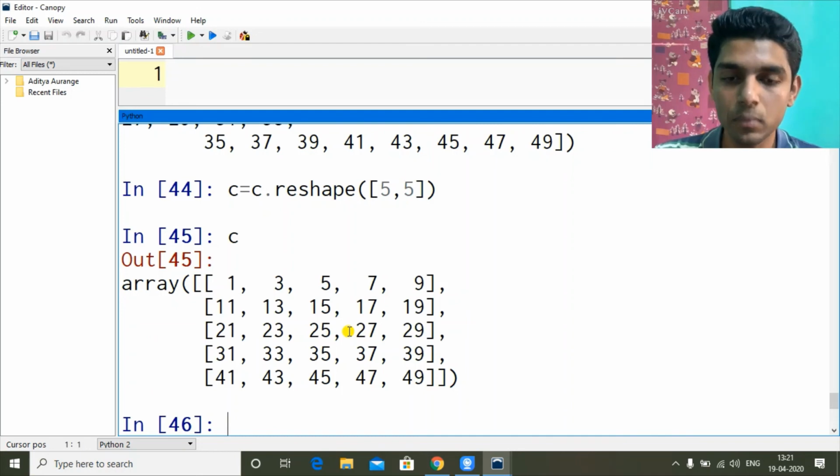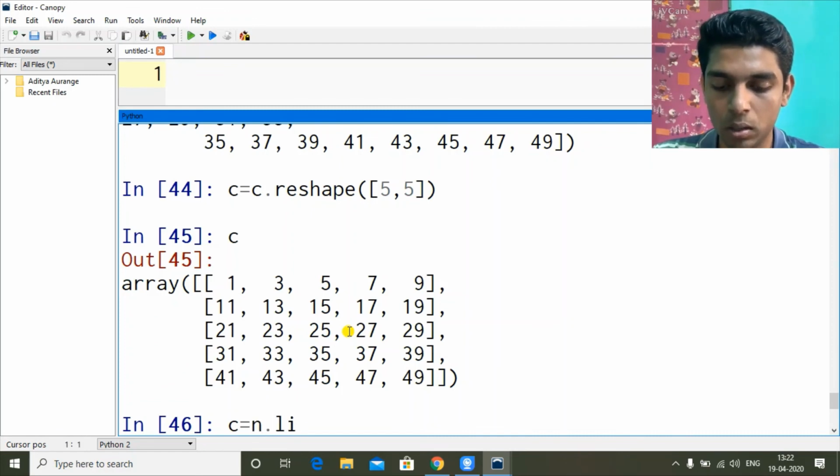Okay. Now how can we create it using linspace? In linspace, starting and ending values are inclusive. In arange, the starting value is inclusive, the ending value is exclusive, like range in for loops. So using linspace, let's try. C equal to n dot linspace.